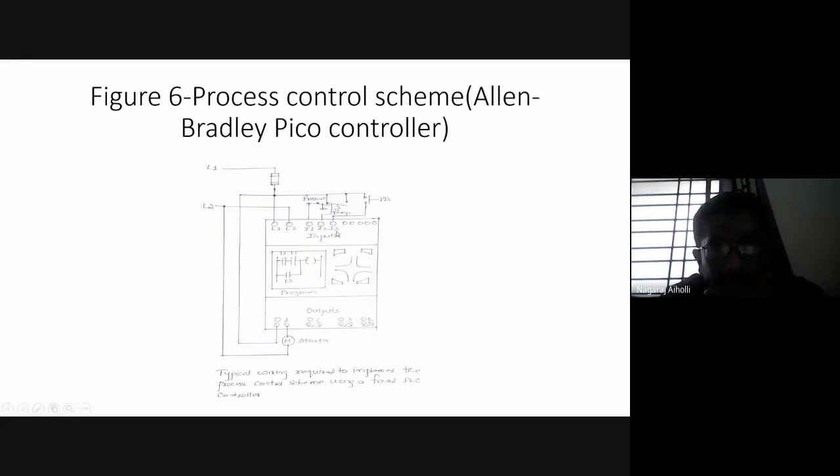Okay, and L1 and L2 are the line terminals to apply the required voltage, that is 120 volt AC. Then pressure, temperature switches are connected, push button switch is connected to I1, I2, I3. Then this is the program here. The program is in the form of the ladder rung diagram.